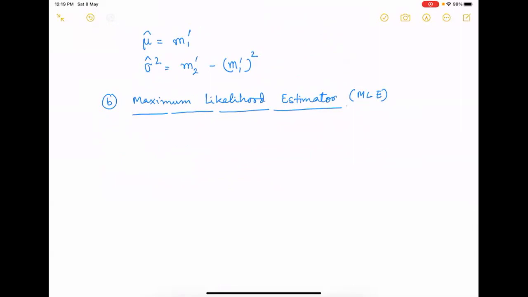The likelihood function is typically defined as, I think we already defined it in our last 2-3 classes, but I'm just quickly writing it down. Likelihood is typically defined as L theta equal to the product